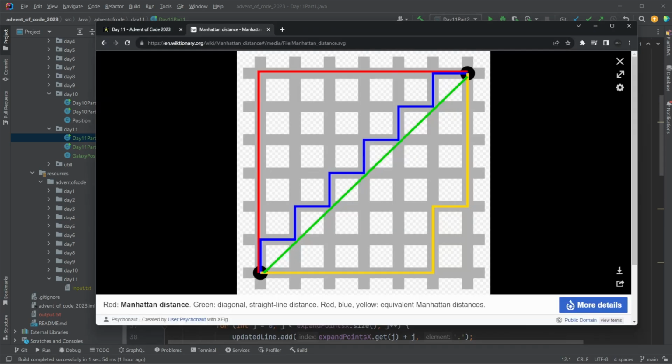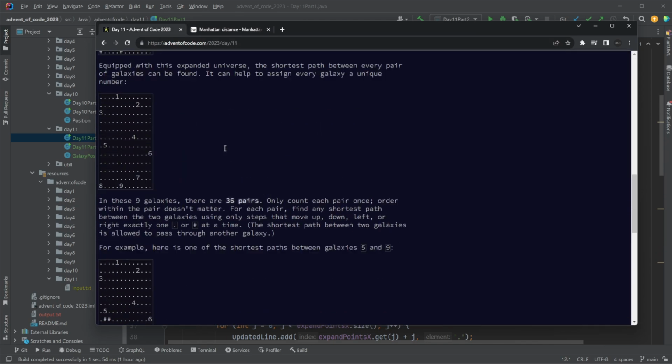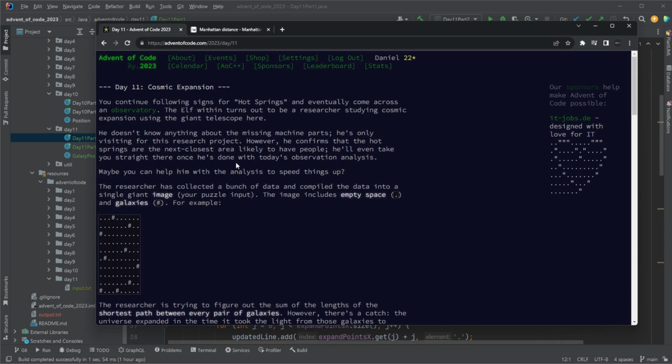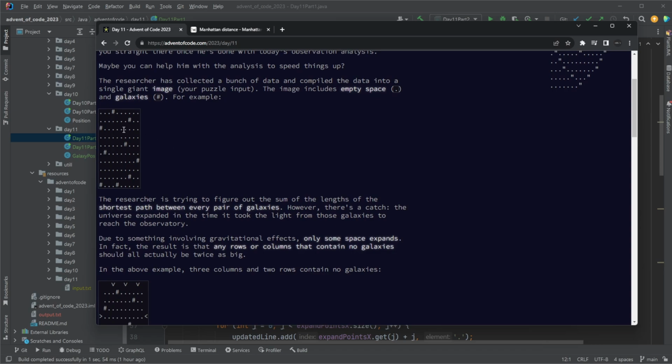Quite simple. However, there's also an extra tricky part about today's exercise, which is that if we have a vertical or horizontal line in this universe without any galaxies, it's going to be expanding, and in the first task it's just going to be doubling. So this empty line is going to be 2 empty lines, horizontally and the same vertically. So there's kind of 2 parts. First, expand the universe, find the position of the galaxies in the expanded universe, and then simply calculate the Manhattan